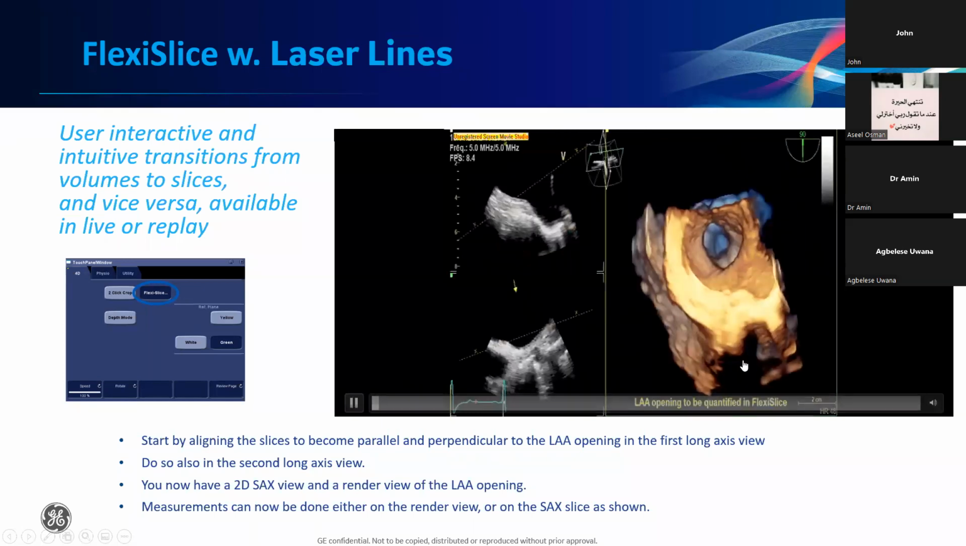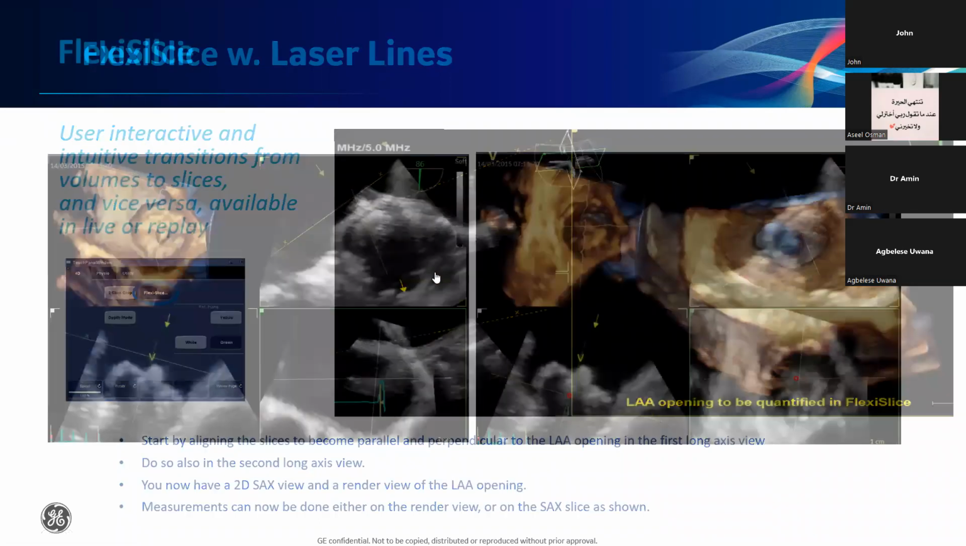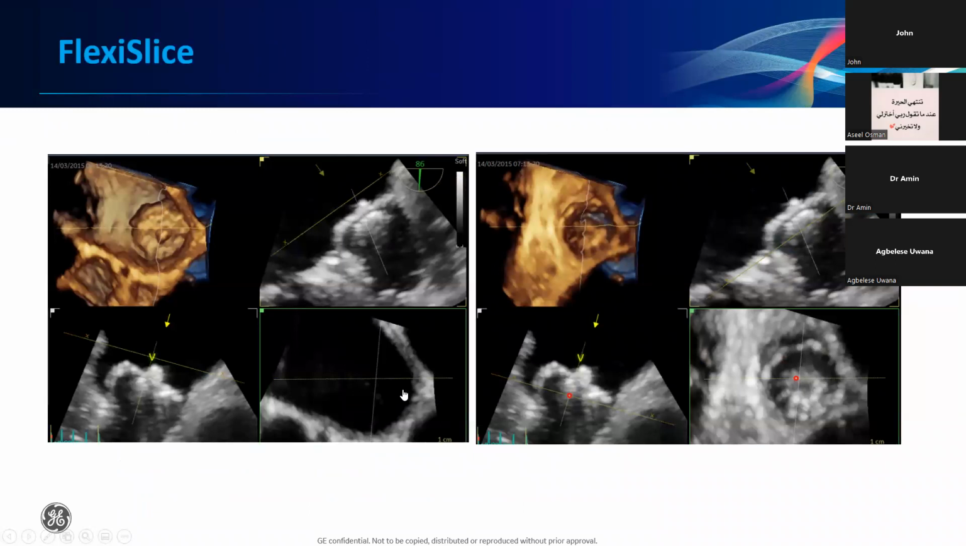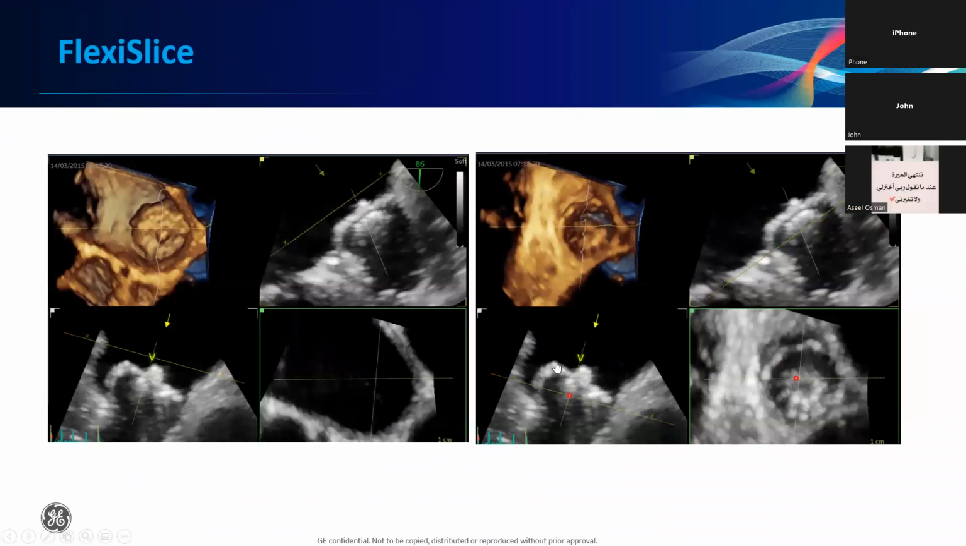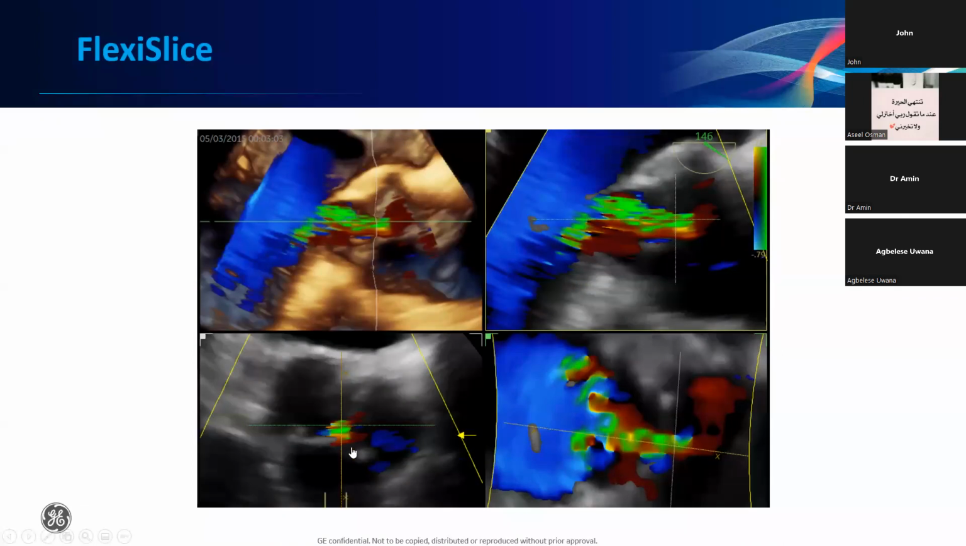And if we need one or two and so forth. So this is again using FlexiSlice to work backwards. This is post procedure, post implant, or during the procedure. As you can see, we can also use FlexiSlice to assess, for example, regurgitant jets or regurgitant orifice